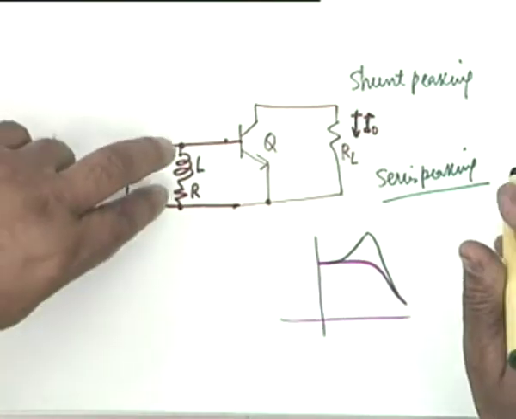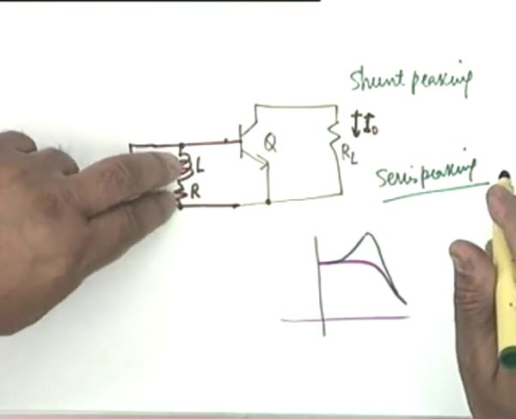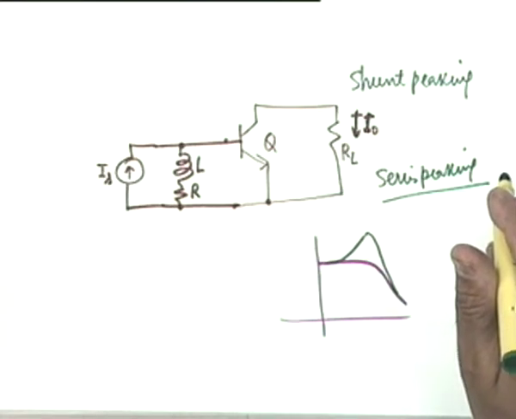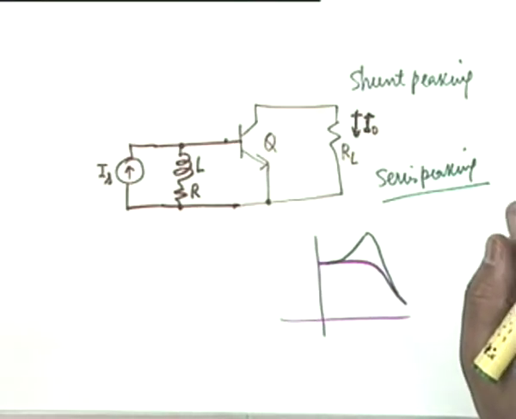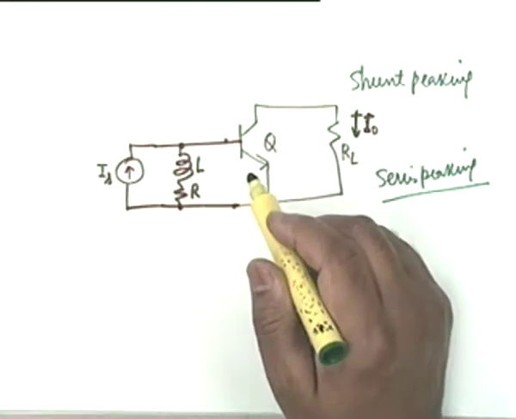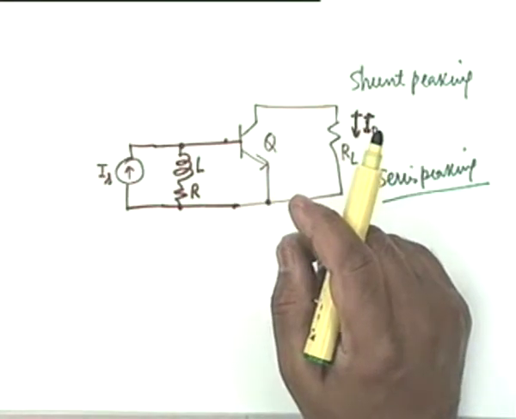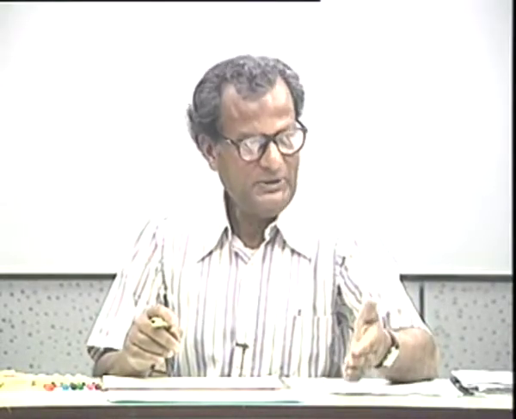Next point, can I replace this inductance by a parallel inductance and a parallel resistance? Sorry, no. Why not? Because that equivalence is valid only at the resonance frequency, at a single frequency. Here we are concerned with wide band, so that complicates analysis. This R has to remain as R. We cannot replace it by a parallel LP-RP combination.